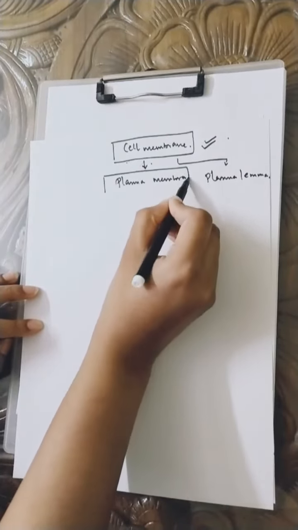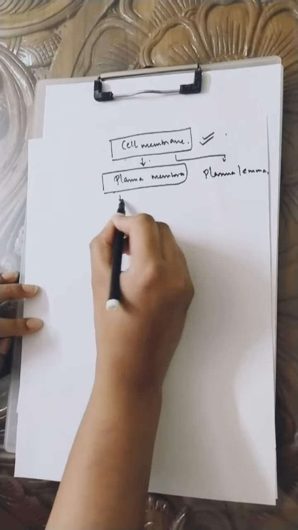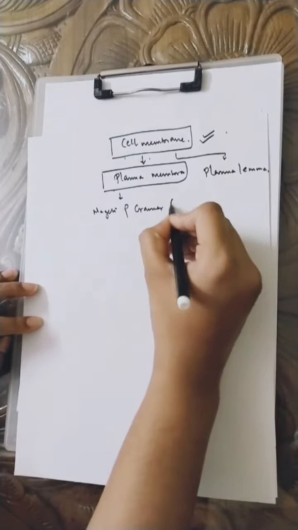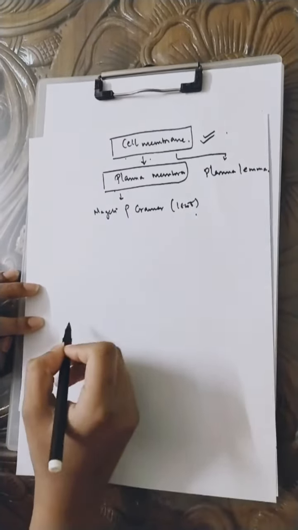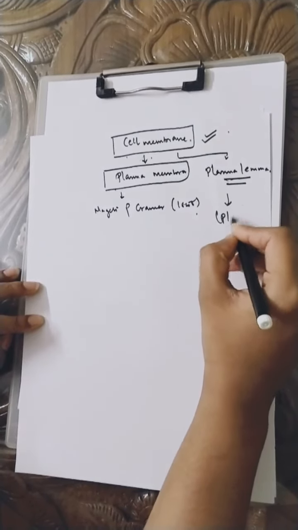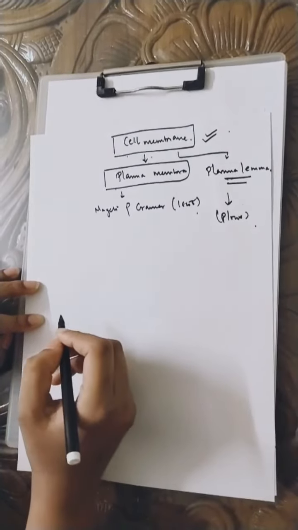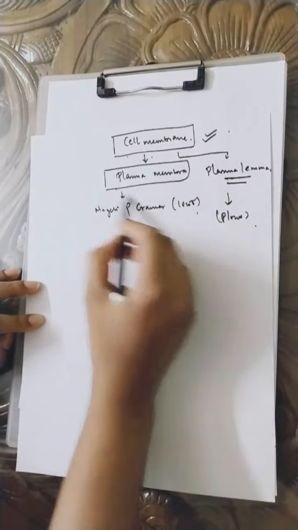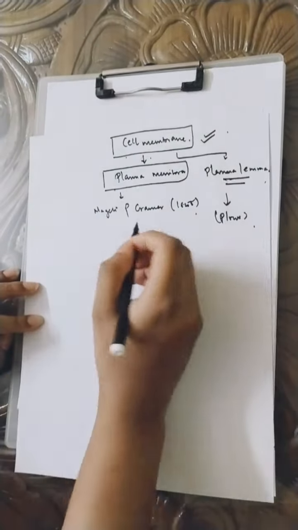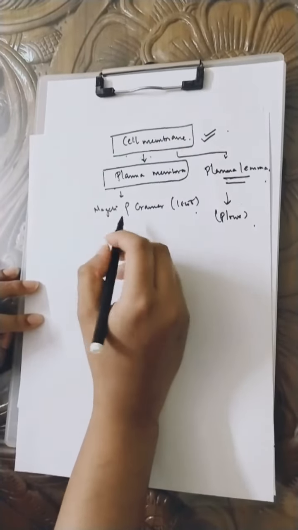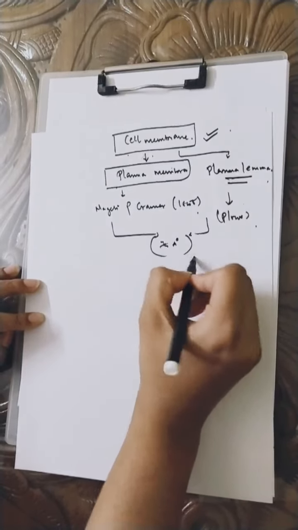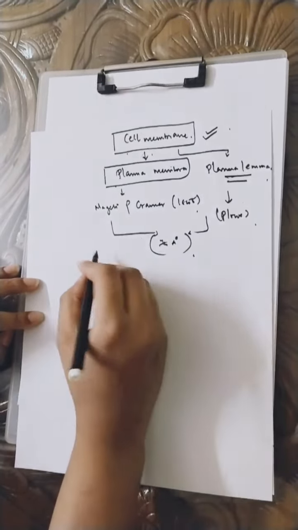So, who coined the term cell membrane or plasma membrane? It's Nageli and Cramer in the year 1855. Who coined the term plasmalemma? It was coined by the scientist Plowe. So, it can be called plasma membrane or plasmalemma. The thickness of the cell membrane or plasma membrane is around 75 angstrom units, and it is also present